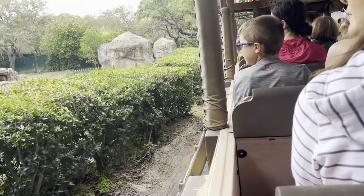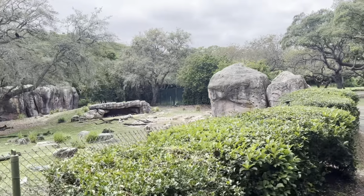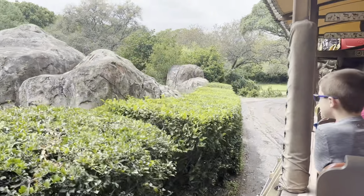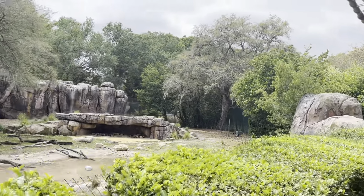In fact, yeah, if you look inside the den, it's a little hard to see from here, so I'm going to move a little bit closer. But those are actually called African painted dogs. Now, they're not related to domesticated dogs in any way, despite looking just like them. These dogs actually only have 4 toes on each paw. Very cute animals, but